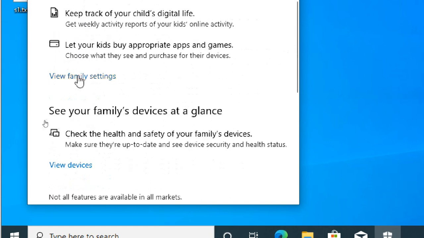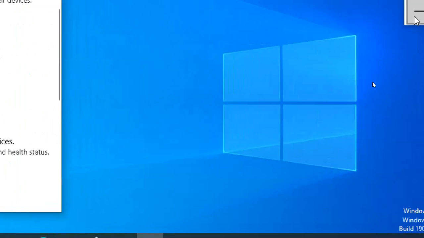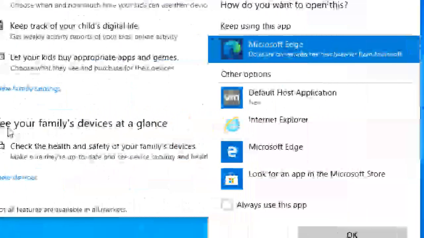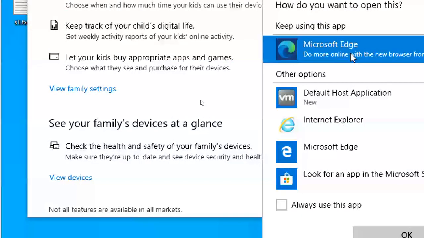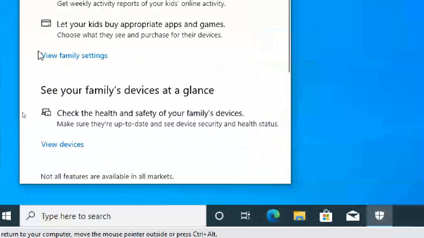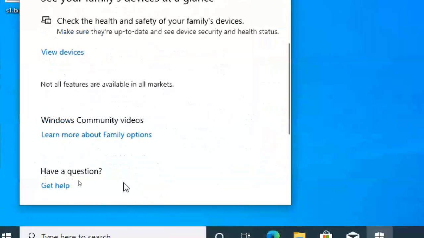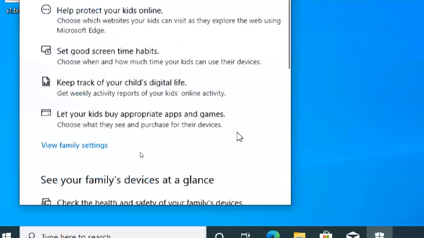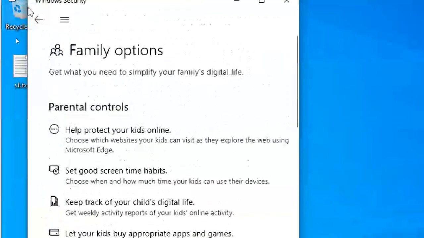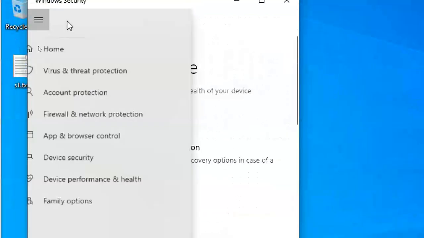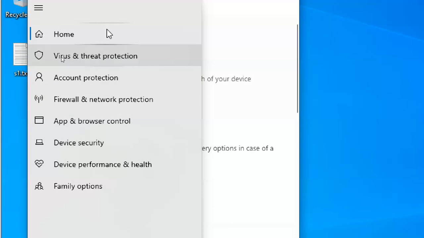You can go to family options, view family settings. It is showing in Microsoft Edge. No, I don't want to go for it. View devices and all, parental control.